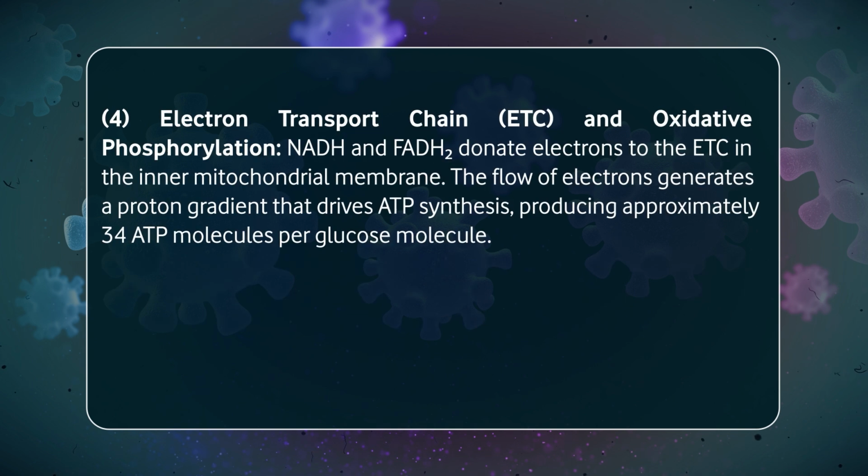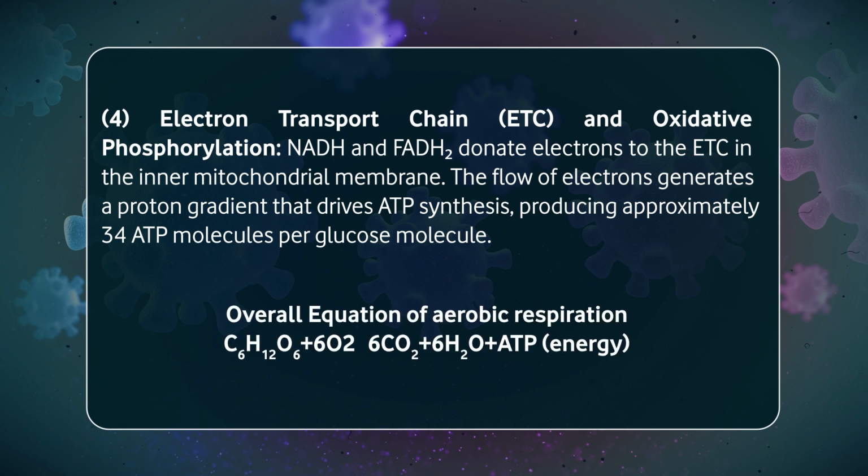Fourth is electron transport chain and oxidative phosphorylation. NADH and FADH2 donate electrons to the ETC in the inner mitochondrial membrane. The flow of electrons generates a proton gradient that drives ATP synthesis, producing approximately 34 ATP molecules per glucose molecule utilized. So, in general, the overall equation of aerobic respiration is